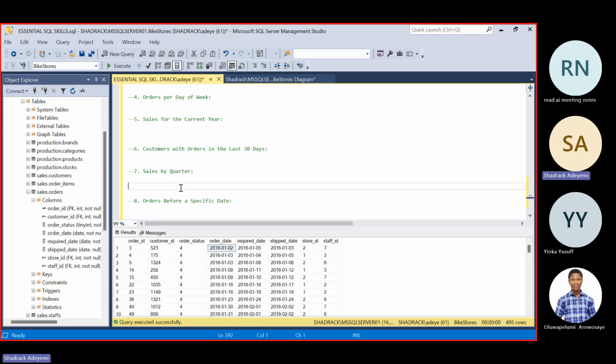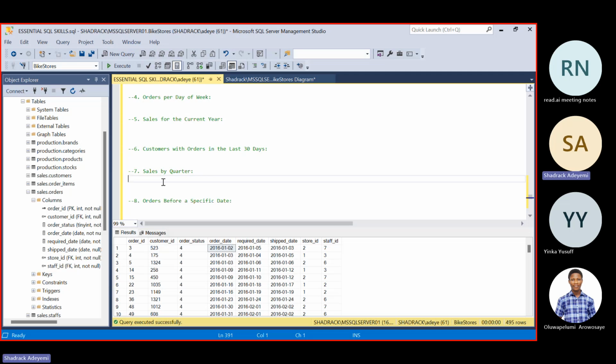Okay, let's do quarter. If I say sales for the current year, we'll have to use GETDATE, and we know that our table is not recent. If I use the last 30 days too, I might have to use GETDATE, and our table is also not recent. So let's do quarter. Is there anybody that wants to try to solve this?